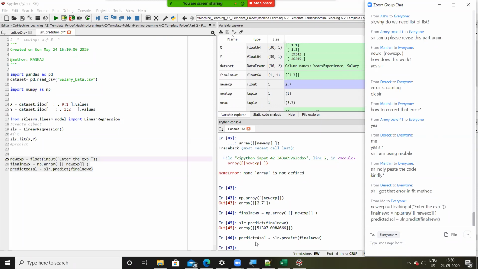Just try this and let me know if it works. It should work now because now the data type of final new X is the same as that of your input variable X.